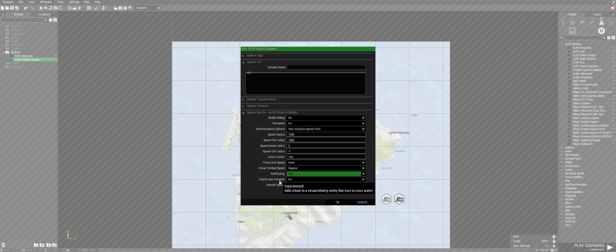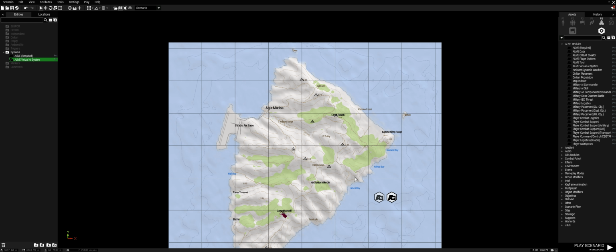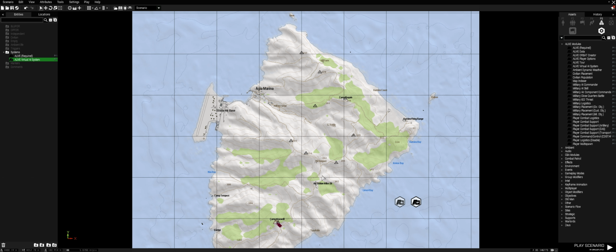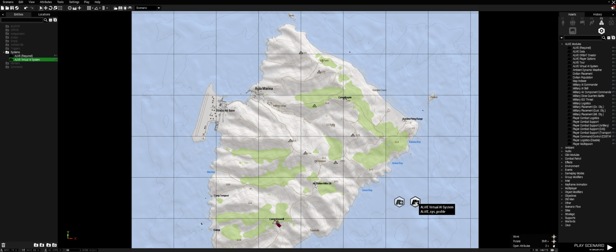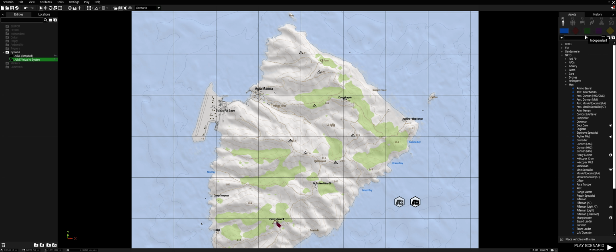Infantry sea transport. Not really going to need it on this map. If you're on a map like Malden, and you need units to cross back and forth on the ocean, turn it on. It's hit and miss. I haven't really seen any major bugs with it. It tends to work out pretty well, and I'm fairly sure that if you check yes on this, the faction that you're using needs to have some type of amphibious transport boat, like a Zodiac or a